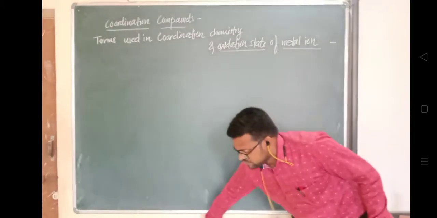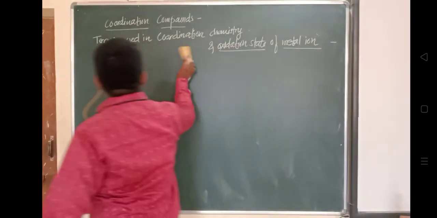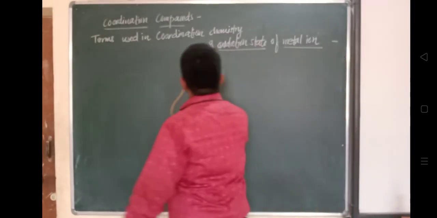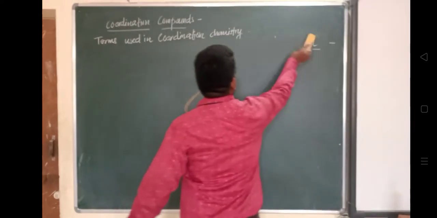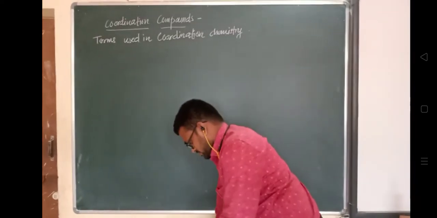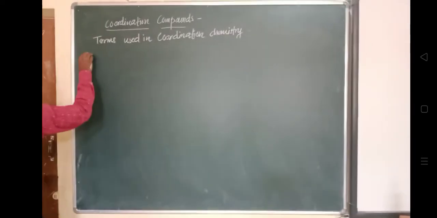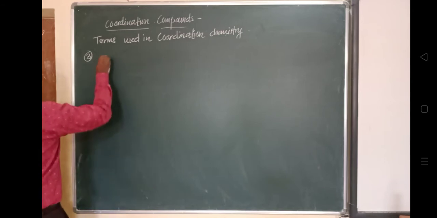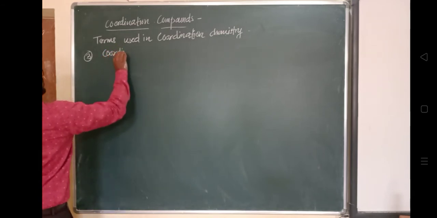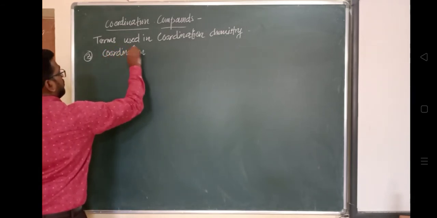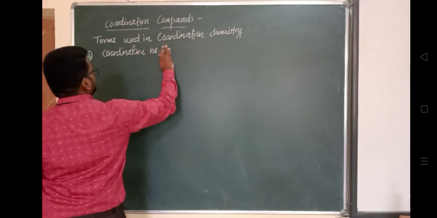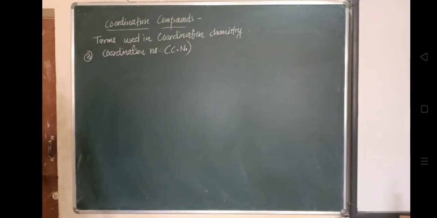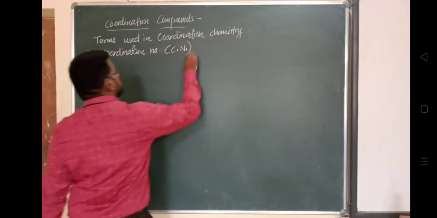Another example, we'll see another complex. Consider another complex, that is Co(NH3)4Cl2, which is shown with a plus charge. Now what does this represent? This represents a complex ion, because if the coordination sphere is represented with a charge, that will represent a complex ion.